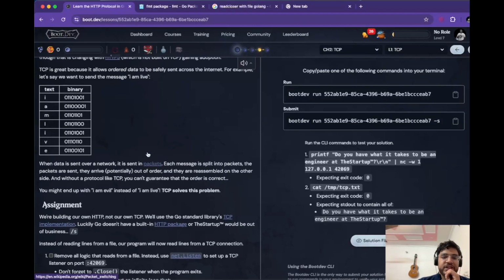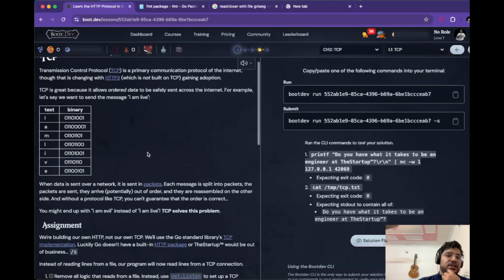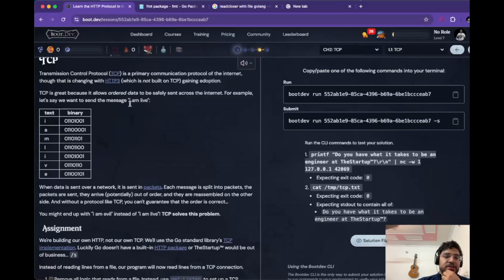Of course, we already know the difference between TCP and UDP. TCP allows us to send the data in an ordered manner, whereas UDP just wants to send the data; it doesn't care about the order. That is why you might have seen that Spotify, which I think uses UDP,